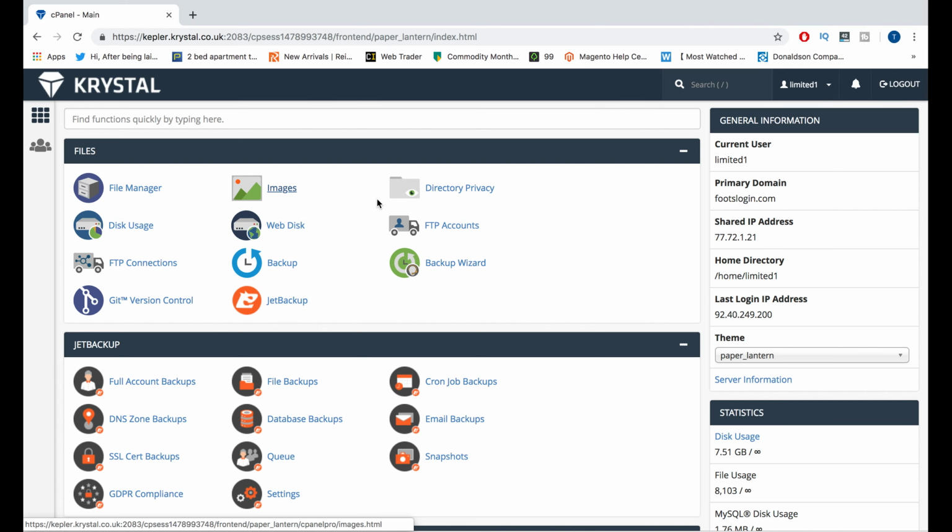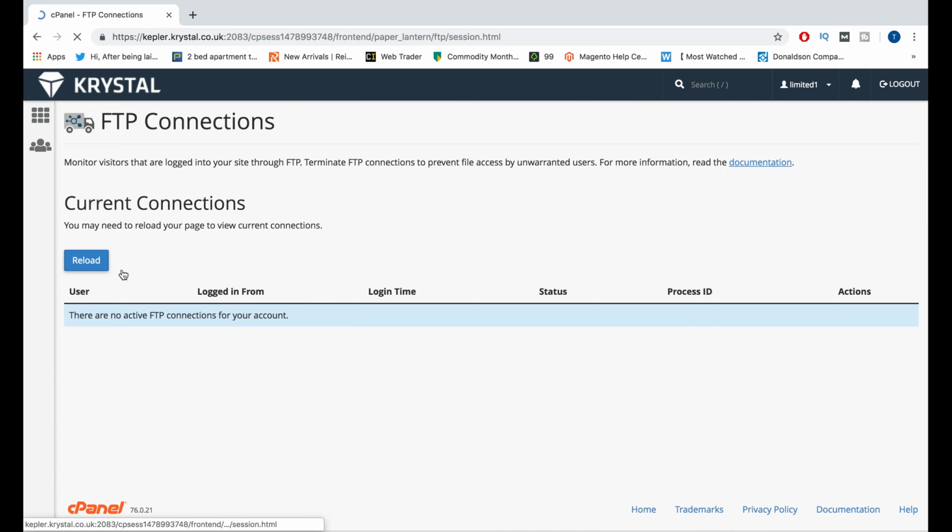So I'll just go to files, log into cPanel, go to files, and then FTP connections, click that, and I can reload if I want, but I don't have any right now, but I'll explain how it works. It displays the person who is logged in as user. The username will be displayed here, whoever is logged in,